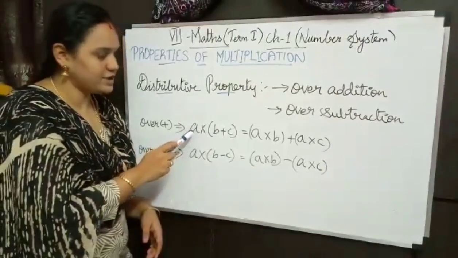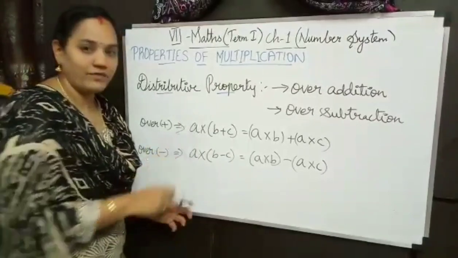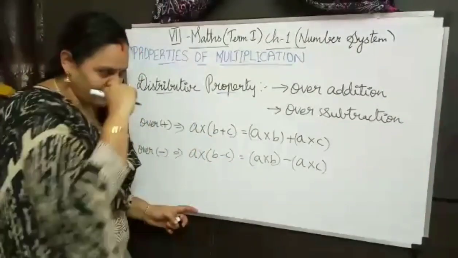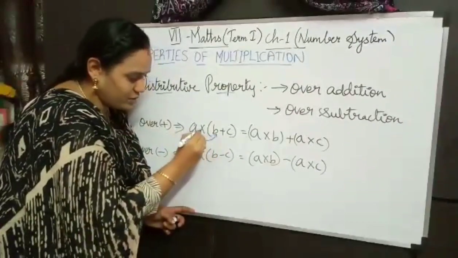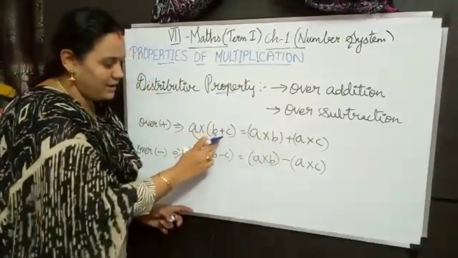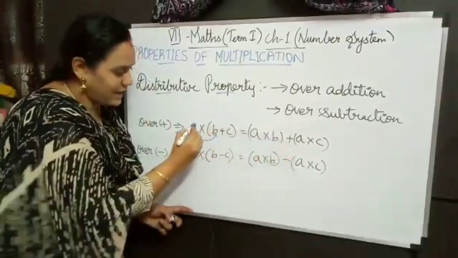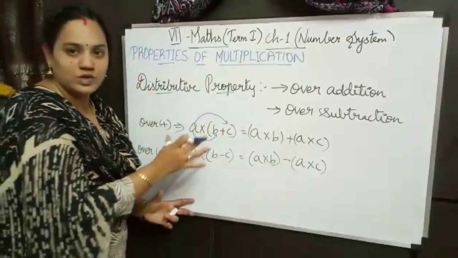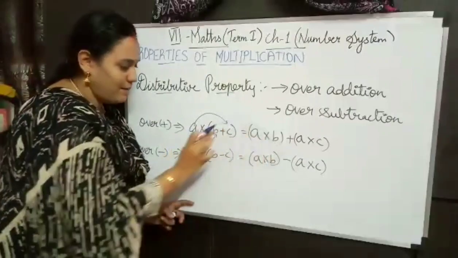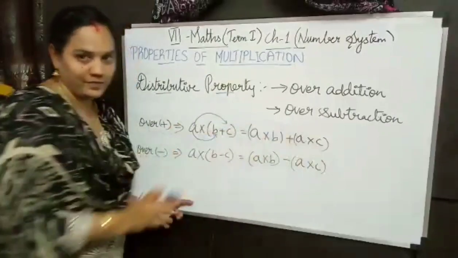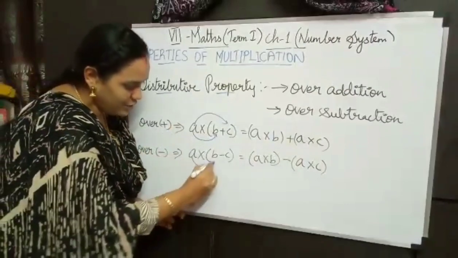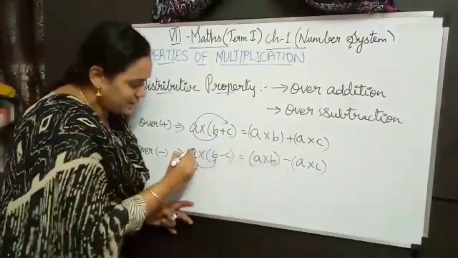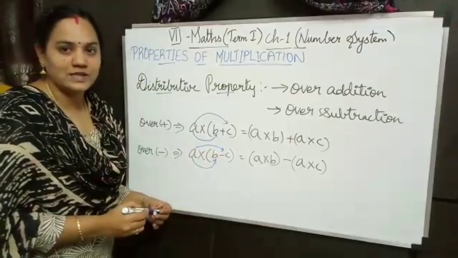Okay, for the distributive property over addition, what we have to do is see A into B plus C, right? So what they have done here is A into B, A into B here, and the center operation is plus, again A into C. That is the method they used here. So A into B plus A into C. Same here also, A into B minus, here the operation is minus, so minus A into C. Likewise they found out this